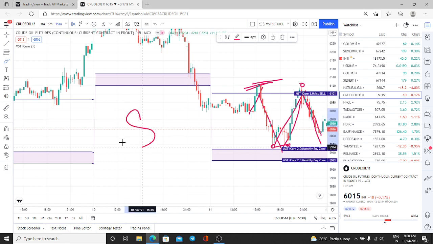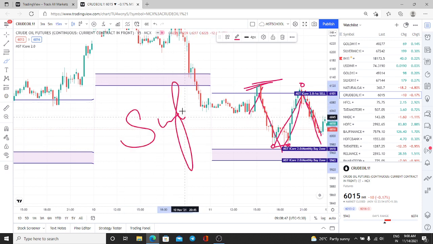So if you are trading in a single script, then you can understand the movement of the script. That is why we prefer to trade in selected scripts again and again. So hope it is clear.